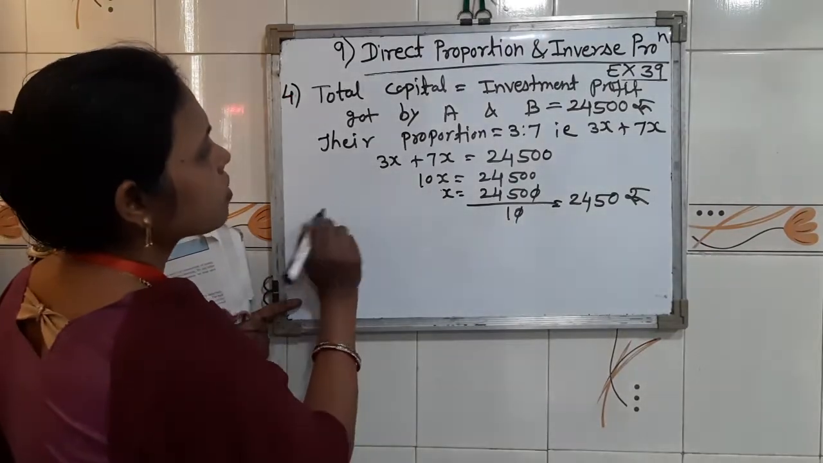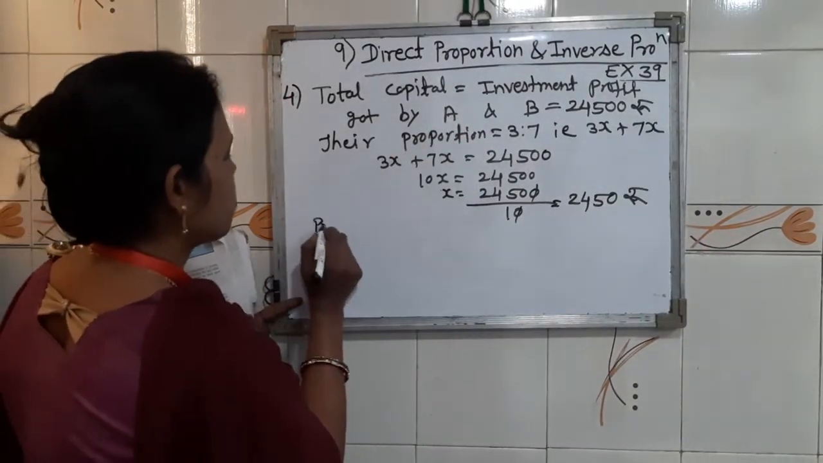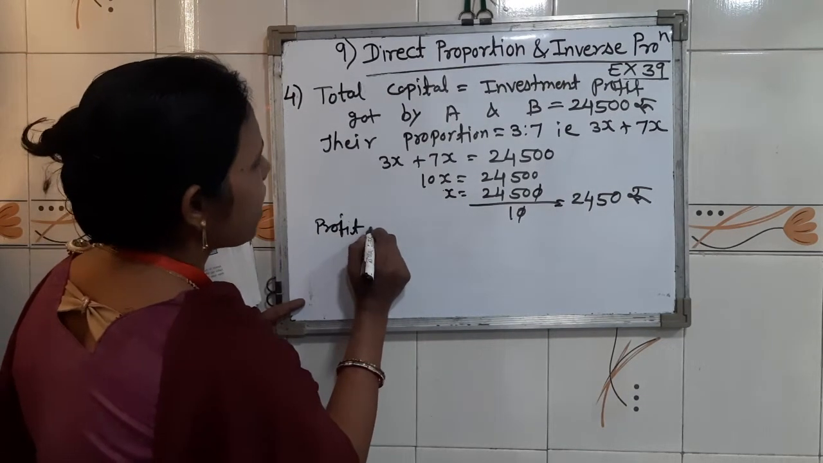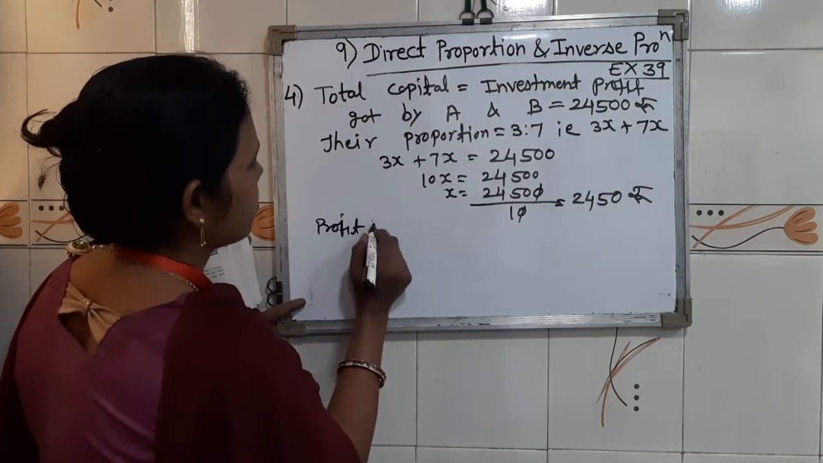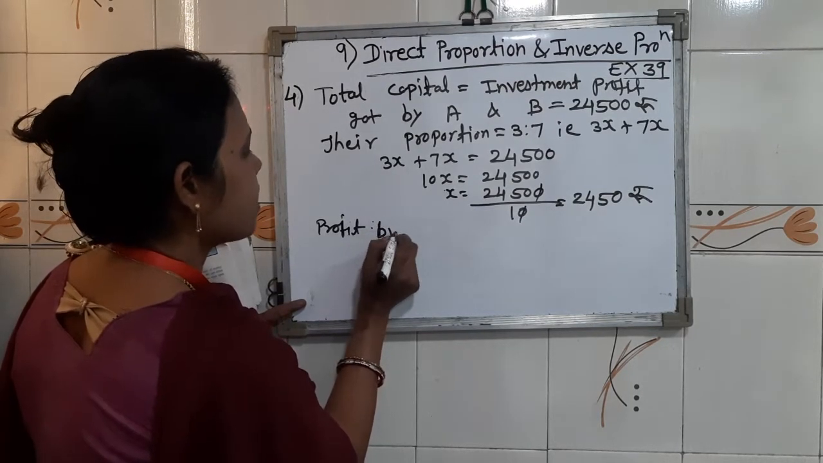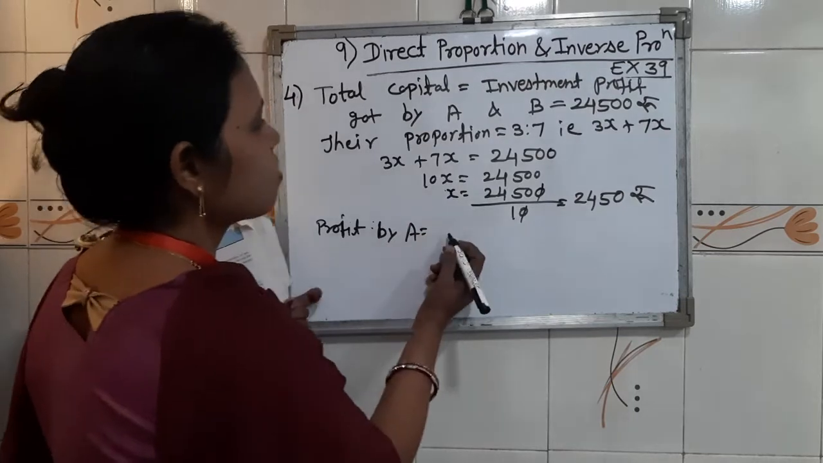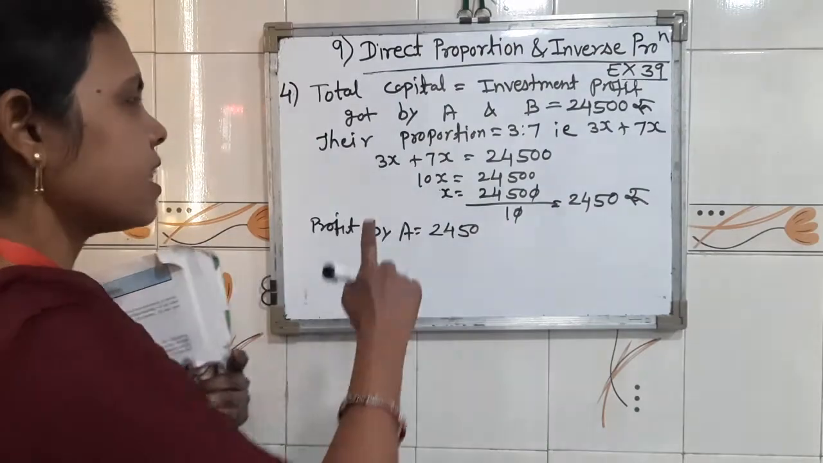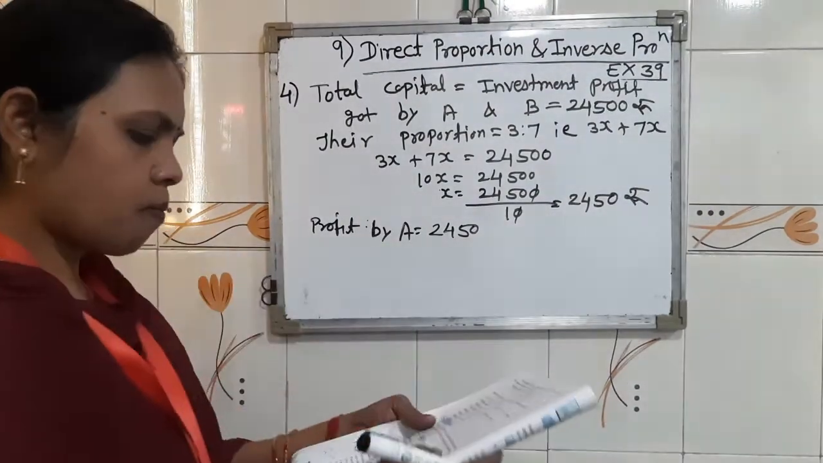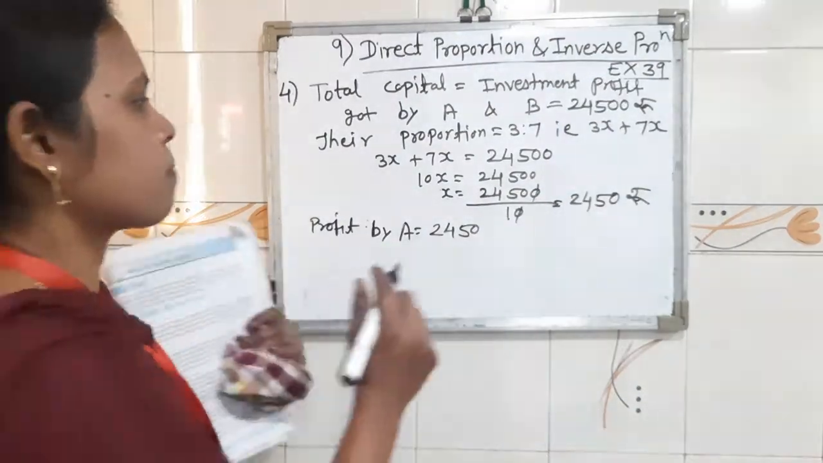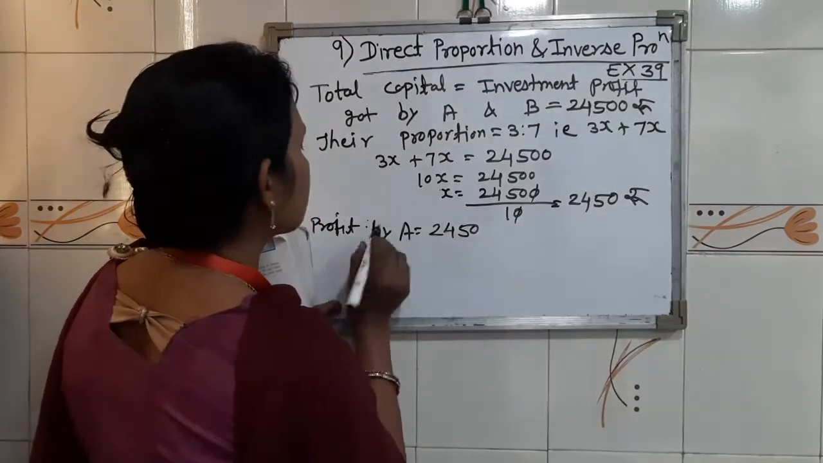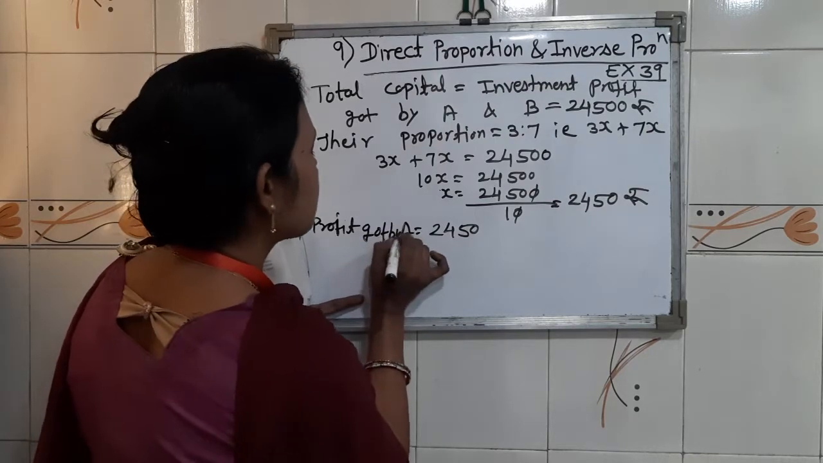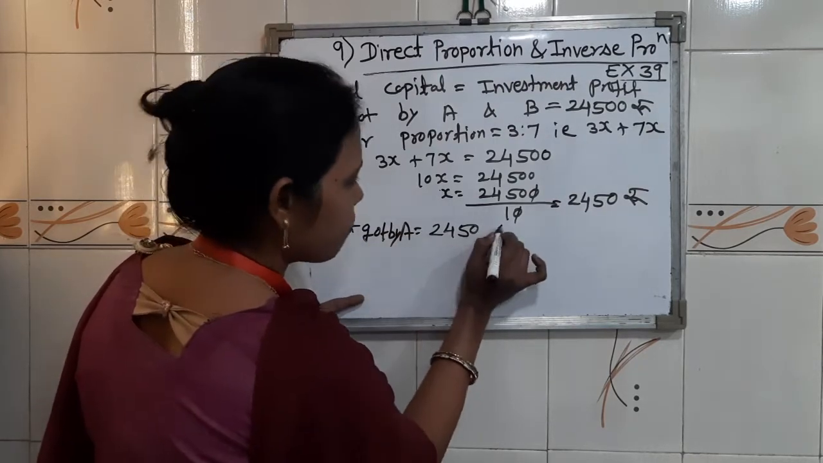Then the profit made by A equals 2,450 and 3x. And how many percent profit? 2% profit is given. Profit got by A, 2,450